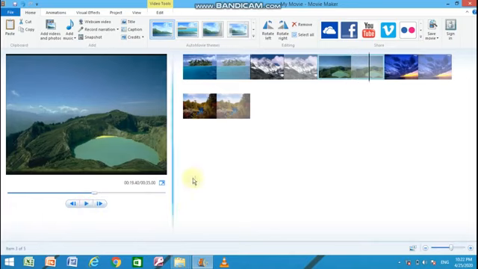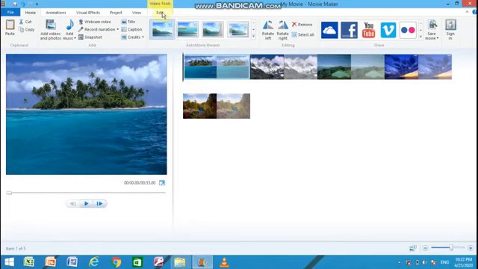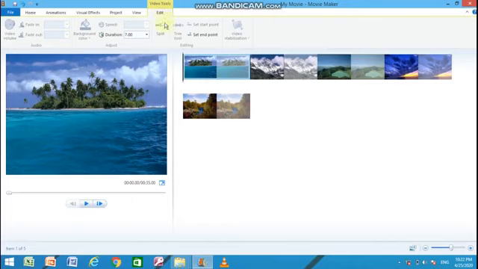Students, you can set the duration of a picture onto the screen by selecting the picture and referring to the edit menu under the video tools. Here you can see the duration command is showing 7 seconds. So if you want this picture for below than 7 seconds or more than 7 seconds onto the screen, you can edit this value. Suppose 5 seconds.